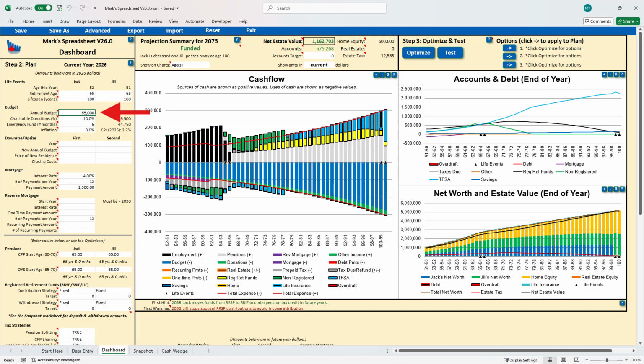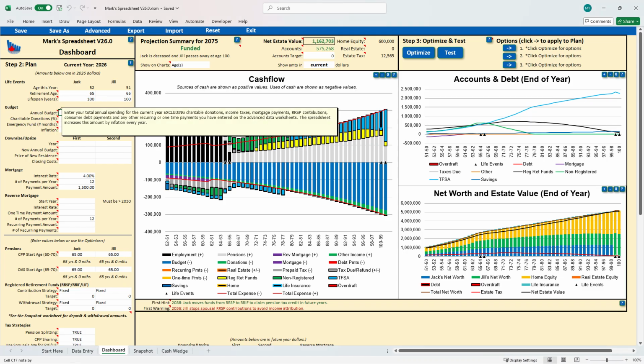Under the budget section, enter your annual budget. This is your annual spending, excluding charitable donations, income taxes, mortgage and other debt payments, and RRSP contributions. Simply hover over the title to be reminded of what is included and not included. The spreadsheet increases this amount by inflation every year, and it's shown by the blue bars on the negative side